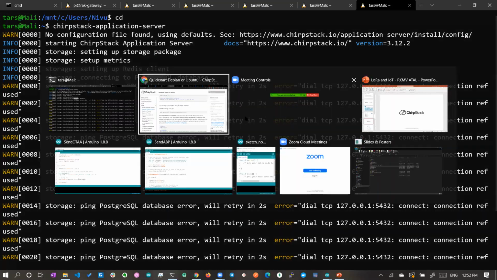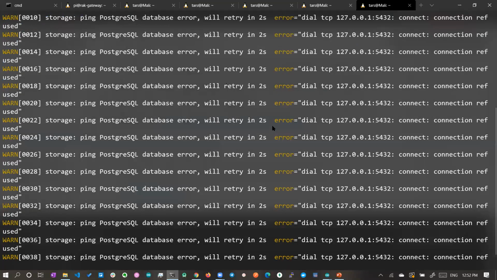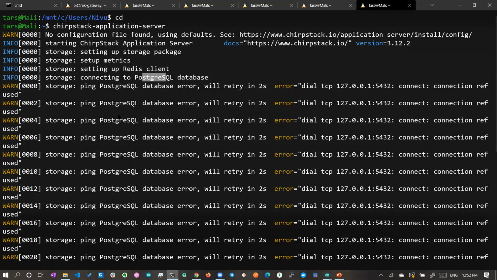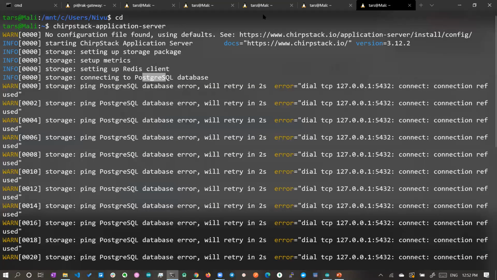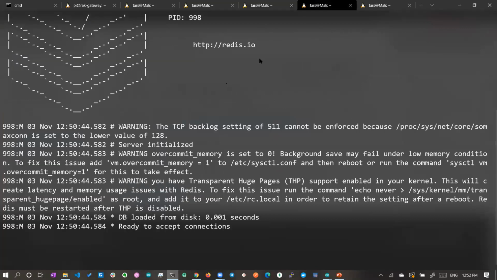So we have to install all these things. Fine. And finally, connecting a gateway and connecting a device would be similar to what we have done in the TTN. Okay, it will be same as what we have done in the TTN, that we will see. And so you can see how many components we need. We need MQTT for messaging. We need Redis server for in-memory database.